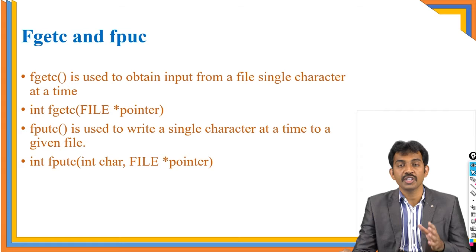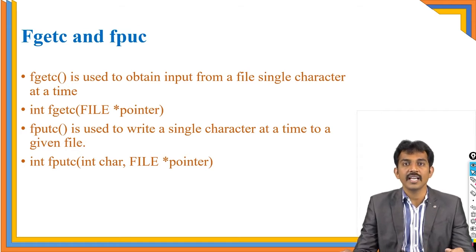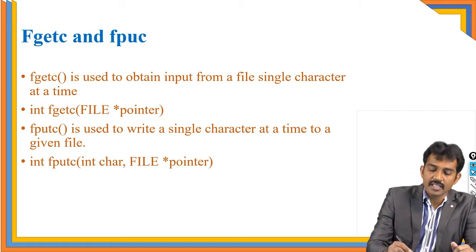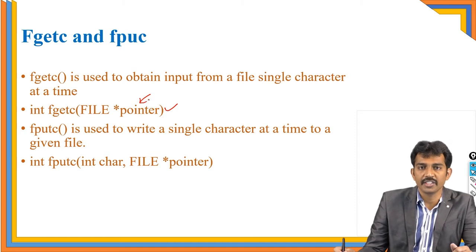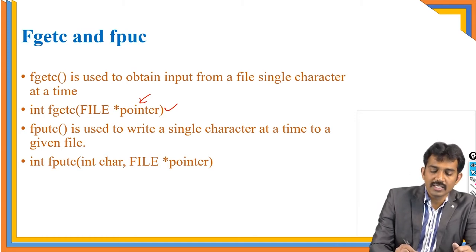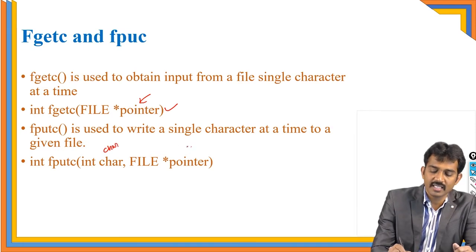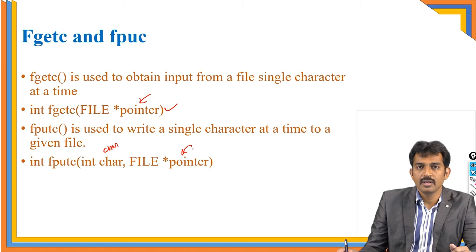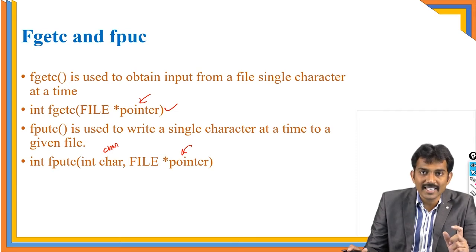Coming to fputc, it takes two arguments. One is the character you want to write into the file, and the next one is the file pointer, that is, which file you are going to update, right? So these are the syntaxes for fgetc and fputc. In the fgetc syntax, you take only one argument, the file pointer. And fputc takes the character as the first argument, and next the file pointer. Is this clear? Both functions read and write a single character at a time,